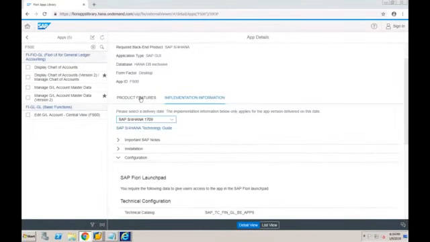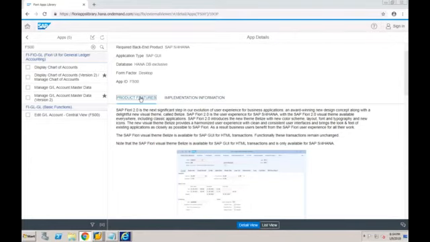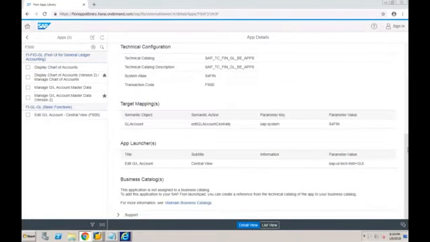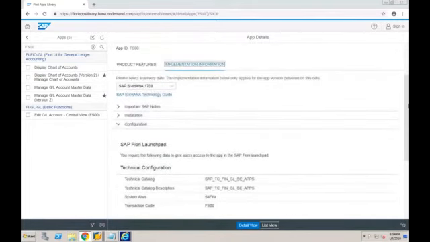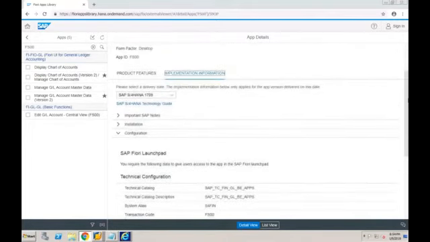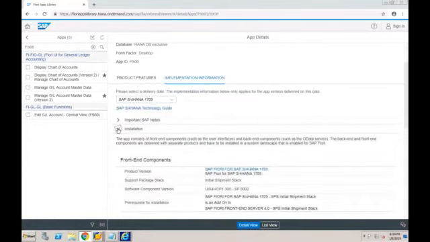In the product information, no, definitely not. Till 1709, it was always available here, business catalog, and then there was a business role. But now they changed something here, and that's the reason I'm not able to find the role. Let's see in the installation.